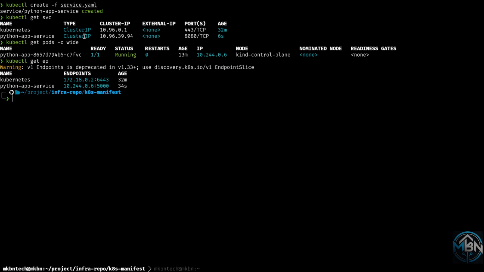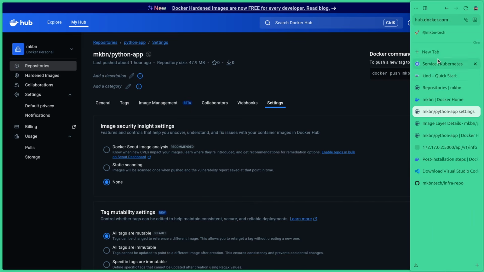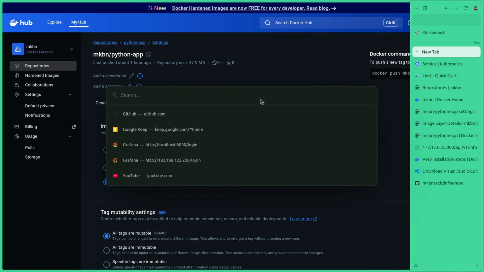Since the service type is ClusterIP, we can use port-forward to access our application. Let's run kubectl port-forward followed by the service name python-app-service. Then I will map the host port 8080 to the container port 8080 and hit enter. Let's head back to our browser, open a new tab, and we should be able to access our service by hitting